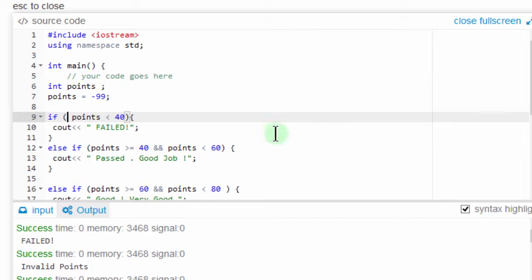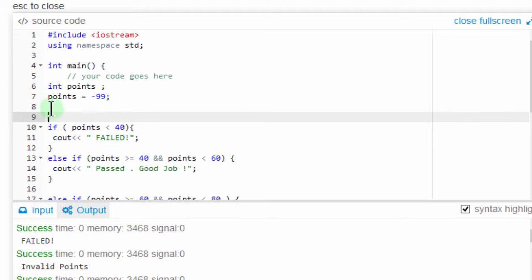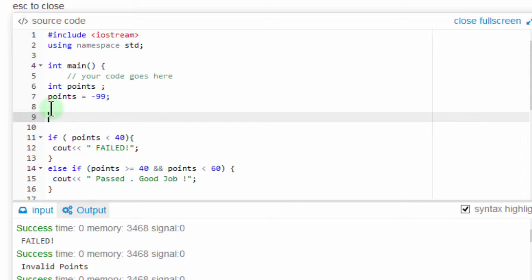What if there's another way we can do this without having to put that other one here? So with the if statements, we can nest them. And what we can do, we can say that we have an if within an if. So we want to protect this if. So let's say if